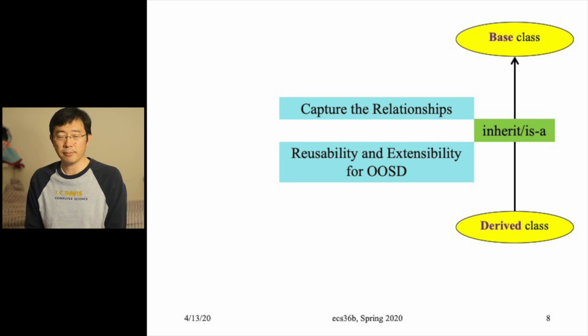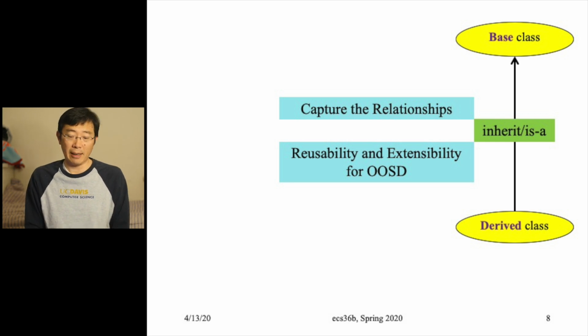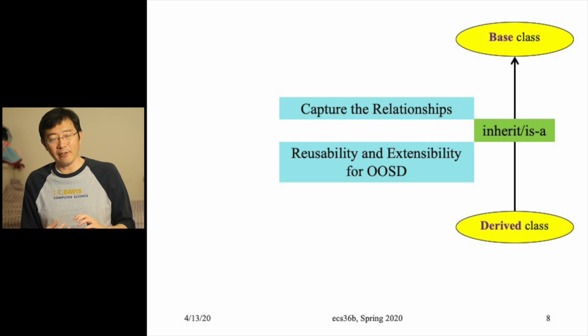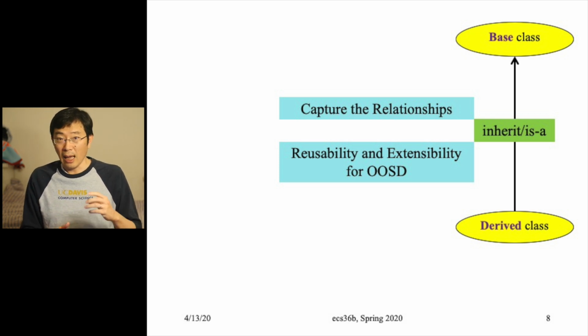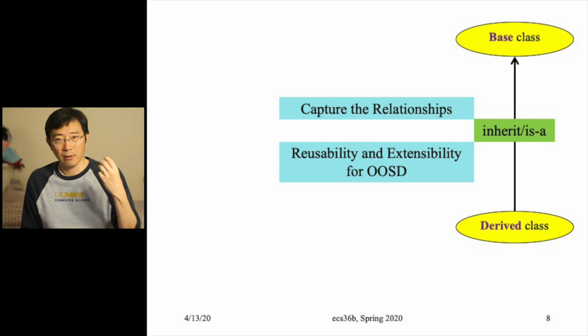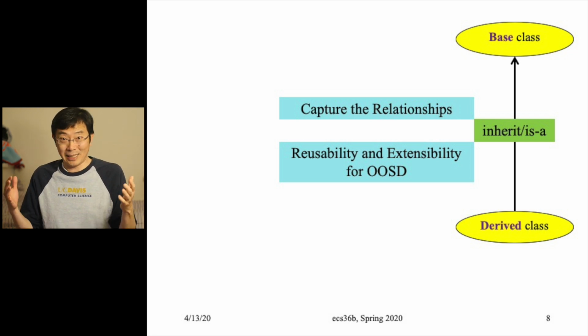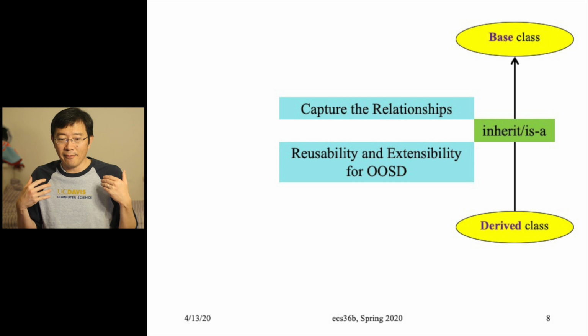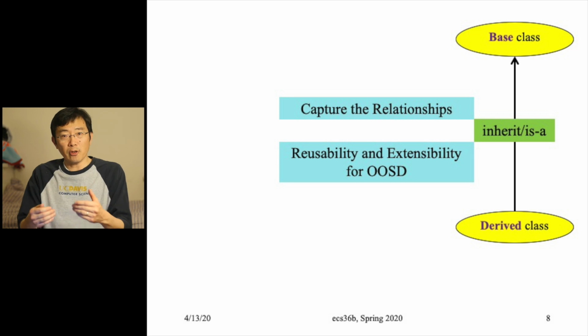Capture the right relationship. The second one is more related to software development. So I put down the word OOSD, it stands for Object-Oriented Software Development. Essentially, when I inherit the class definition, from the software development point of view, I'm actually reusing something that has been developed before. So that potentially saves me a lot of time in developing that piece of code and also the testing process associated with that concept. So therefore, if the model is clear that this is the right way to define the class hierarchy, this also leads to